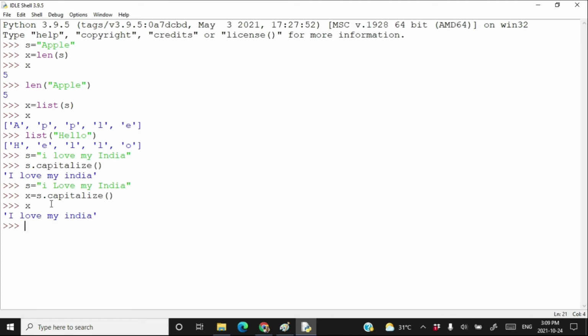Oh, that means capitalize converts the first character of the string to a capital letter and converts all the remaining characters in the string to small letters. Let's write again I in capital. Press enter. x is equal to s dot capitalize, x, and again I have capital I love my India, and except for the capital I, all other characters are in small letters.